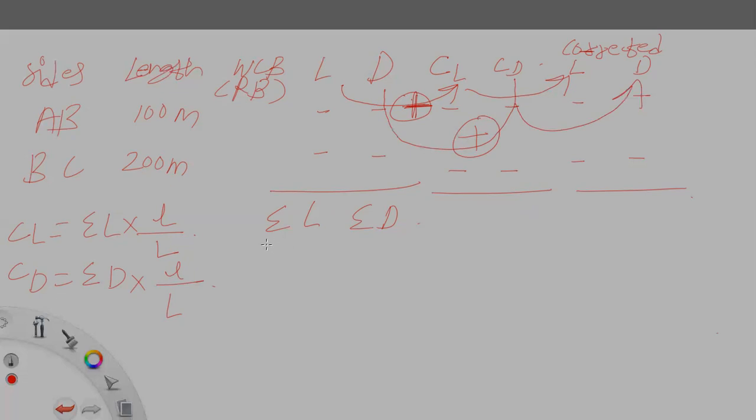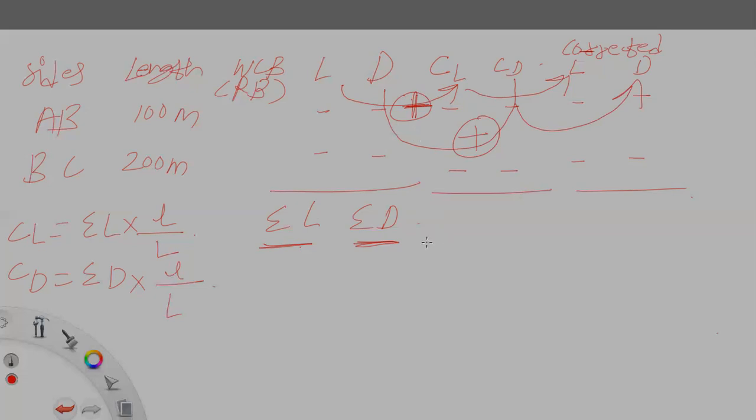Now, if your summation of latitude is positive, then this value you need to put as negative. If this value is negative, then you need to put this value positive. Same for the departure. If your summation of departure is negative, then your value here, CD, will be positive. If your summation of departure is positive, then this value in this CD column will be negative. So it is vice versa, means inverse like that. If summation of L is positive, then the correction applied should be negative. If summation of L is negative, then the correction applied should be positive. Okay, so